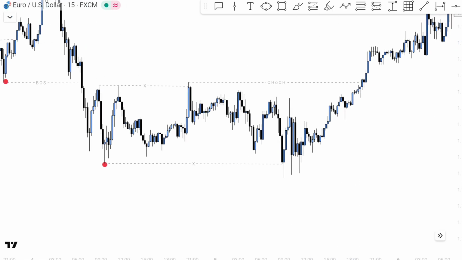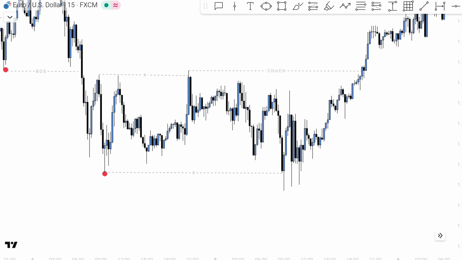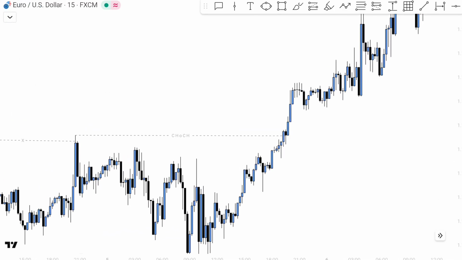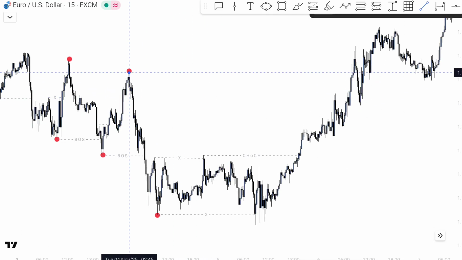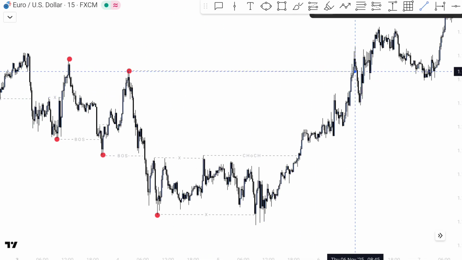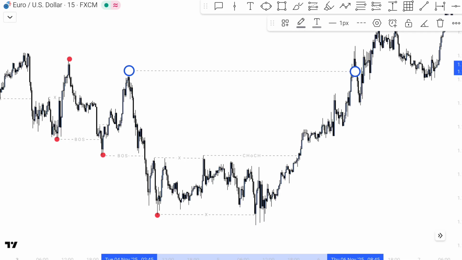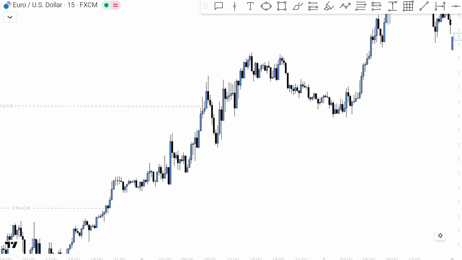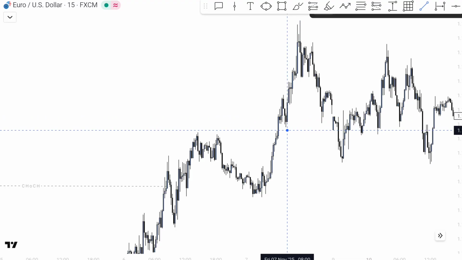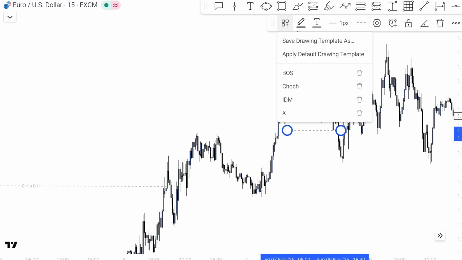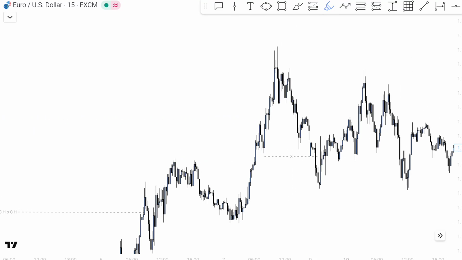Okay, if we think this is a change of character, then we again have to look for the recent low to be broken by the market in order to buy. But as you can see, the market moved to the upside, and the real change of character happens at this point because this was the major recent high, so this point becomes the change of character, and after the change of character you can buy when the first pullback is broken. So where is the first pullback? This point is the first pullback, the market broke it to the downside,